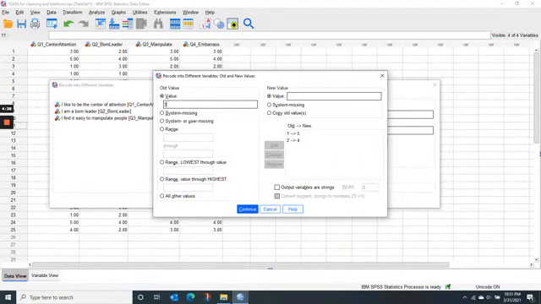A big trick here is we have a middle point of 3. We also have to say 3 is 3. I know that sounds a little bit weird. You might want to say, oh, well, doesn't SPSS do that automatically? It does not. If you don't tell it, it will get rid of all the 3s. So if you don't do this step, all the 3s will disappear in your data, and you'll lose a lot